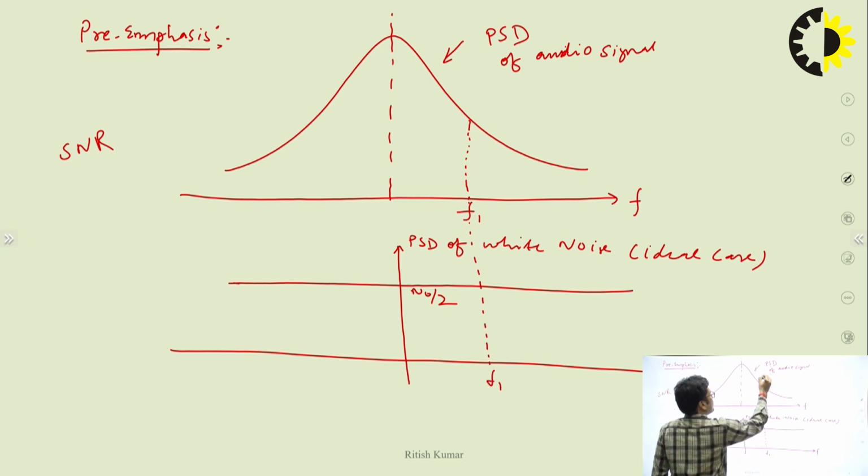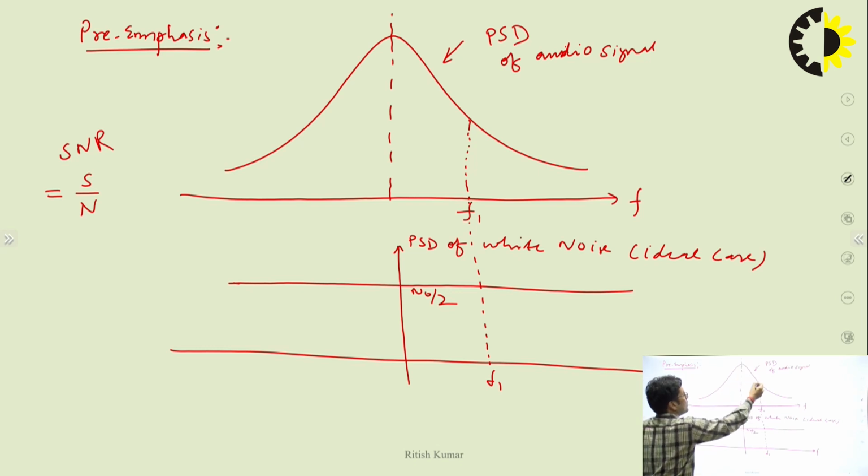If I talk about the SNR, SNR is the signal to noise ratio. That means it is the ratio of signal power to the noise power. At this lower frequency range, the strength of the signal is high, while the noise is constant by nature. Beyond this frequency F1, the signal strength goes on decreasing, while the noise PSD remains constant beyond this frequency. So below F1 the signal strength is high, and above F1